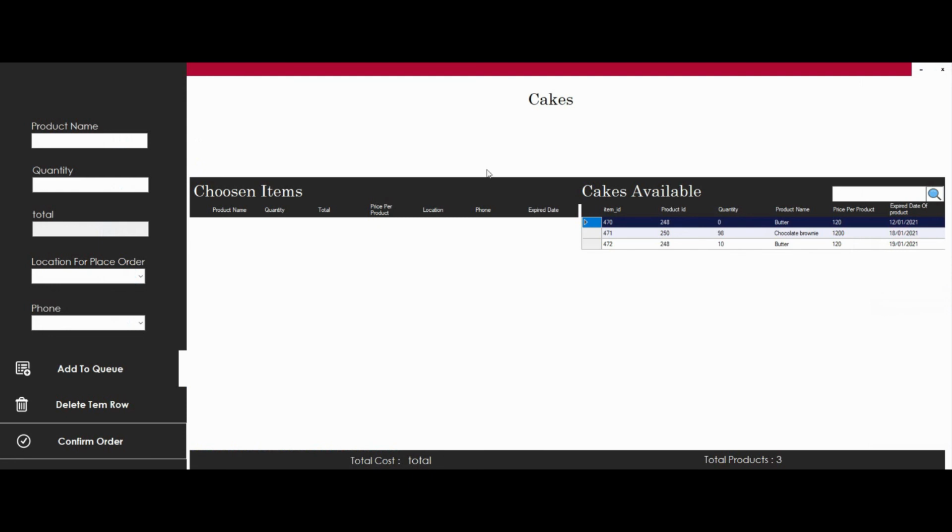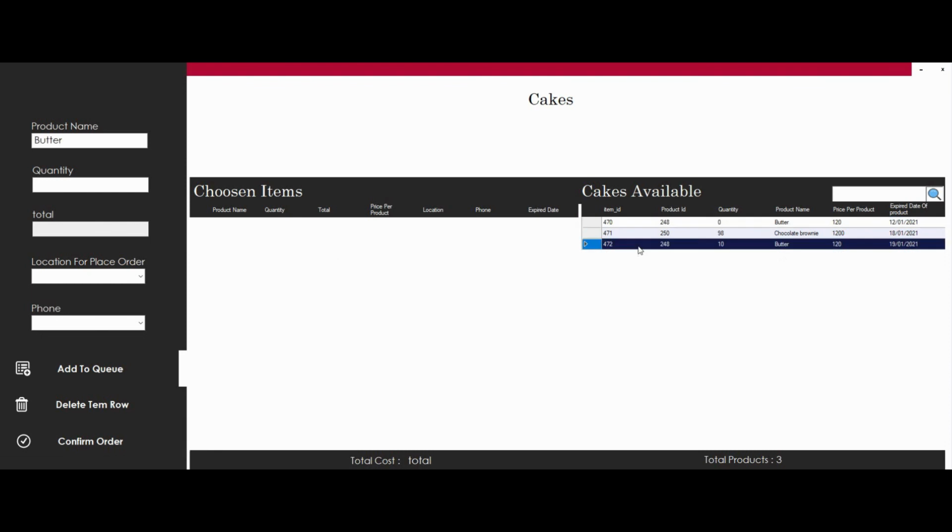So this interface will appear, and now you can see this is the butter which the shopkeeper has already requested for replacement, and the quantity, you can also see, is 10. So if the customer wants to buy this butter or this chocolate brownie, he just has to double click over this row, and this information will appear here, and he has to put in the quantity he wants